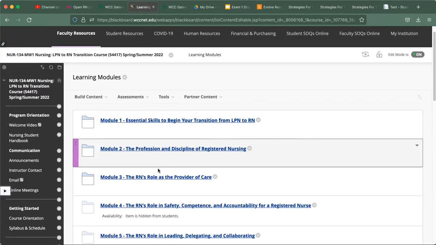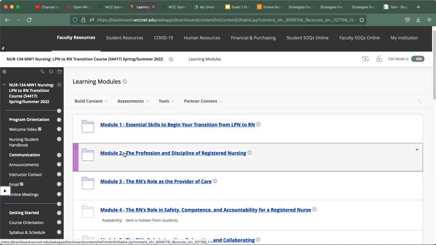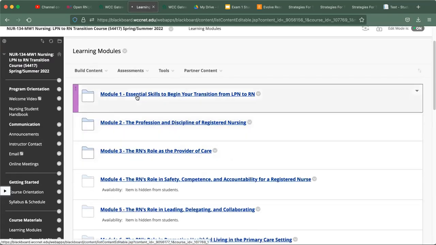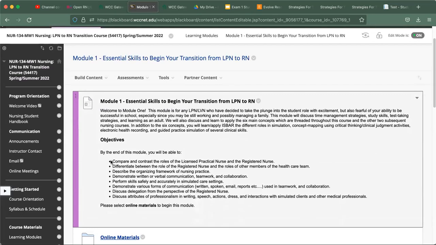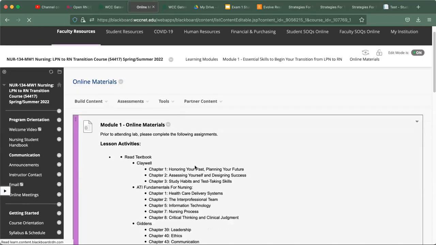So remember, exam one is going to cover module two, module three. So 1, 2, and 3. So once you click on module one, make sure you read and understand the objectives. Then when you click on online material,